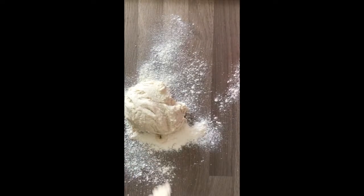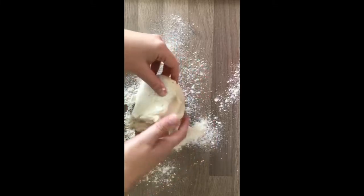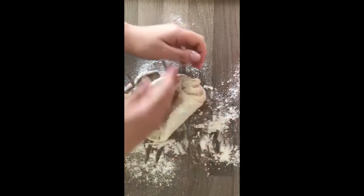Now, this is where our hands are going to get super messy, so it can be a good idea to roll up your sleeves, maybe have an apron. Maybe you should have had an apron on already if you haven't. And then we're just going to give our salt dough a little knead. So like this, as if we're making bread. This is what we would do if we were making a nice loaf. So knead it together